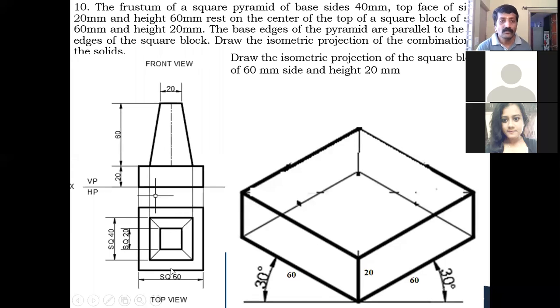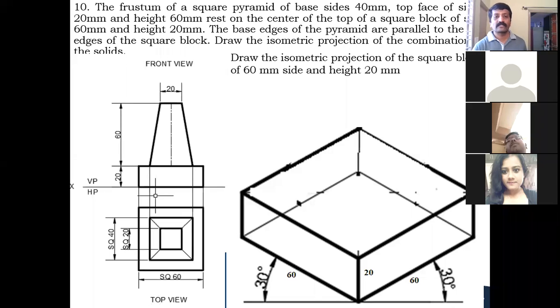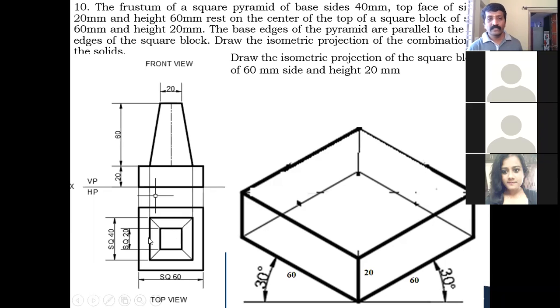Okay. Now how to draw the 40 millimeter square within this? From the center, 40 half means 20. You take 20 here and 20 vertical like this, 20 right side and 20 left side. After doing this, you draw a vertical line from that point on both sides, and from here you draw a horizontal line, and from this point you draw a horizontal line. So whatever square you get inside, this is the square of 40 millimeter.